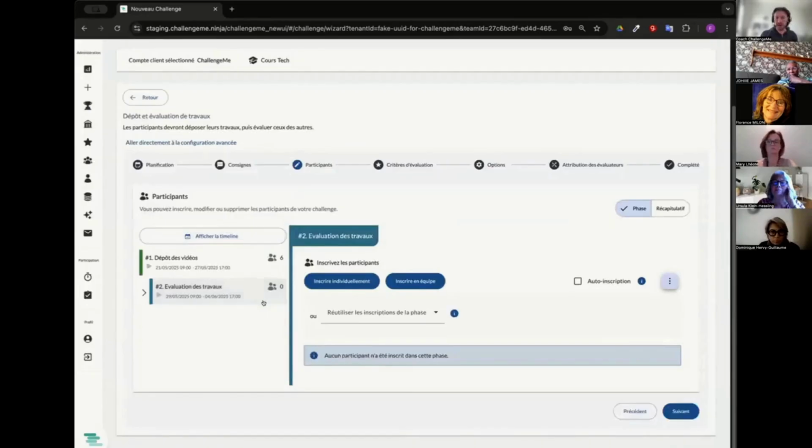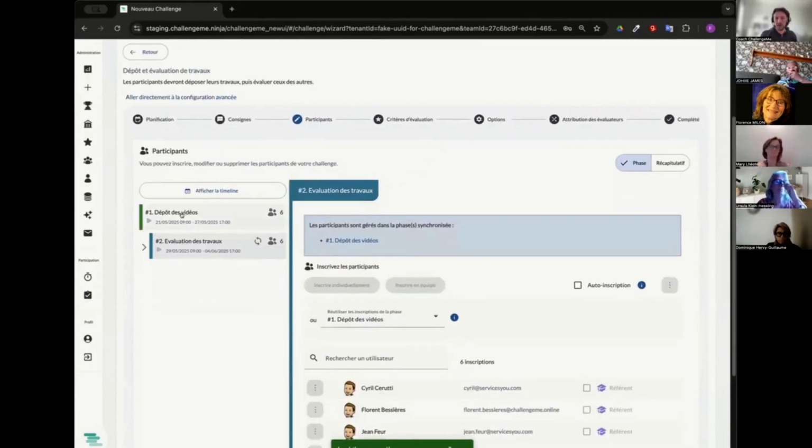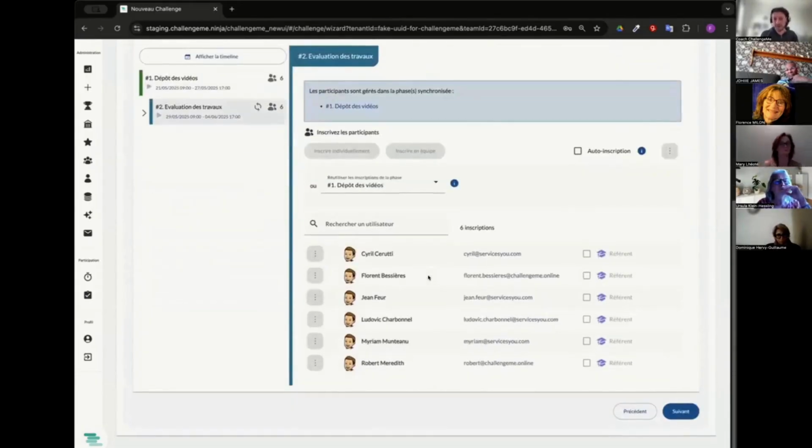I will also be able to do the same thing for my evaluation phase. Two options. Either I use the same participants. Here, I have a button, and instead of enrolling them individually again, I can simply say, I want to reuse exactly the same participants. So there you go. I will reuse the registrations from the video submission phase. And now, automatically, the students who are registered in the submission phase will be registered in the evaluation phase as well. And what's interesting with this approach is that if I